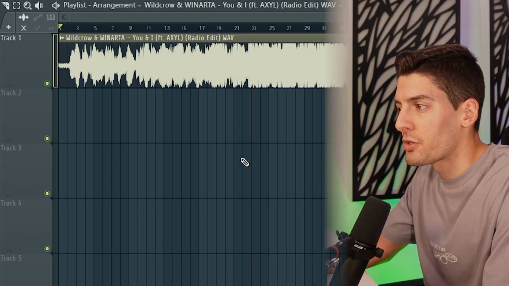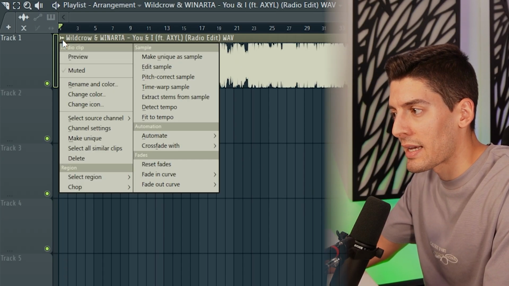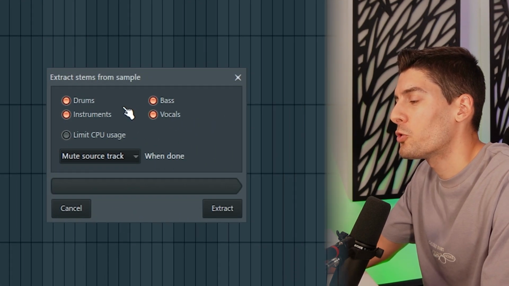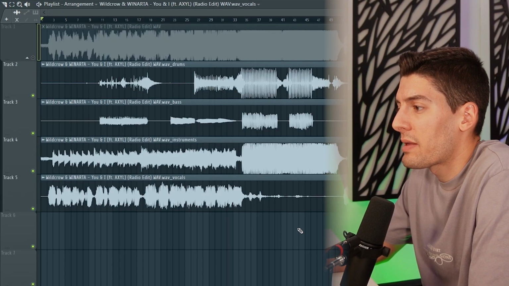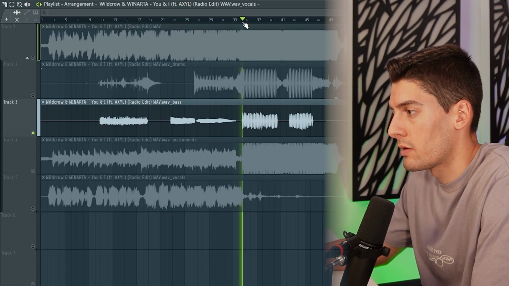If you have an updated version of FL Studio, you can go here, click and extract stems from sample. Here you can choose what you want to extract, just all of them, and click. Now you have to wait a little bit so you can prepare a coffee or check your socials. Now you have them here, and for example, let's check the bass,